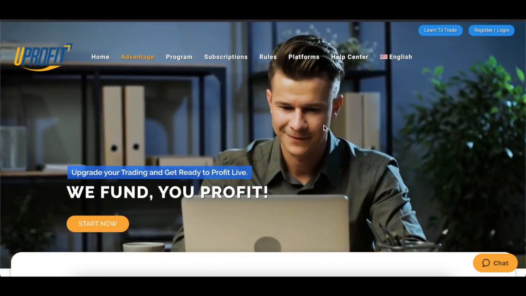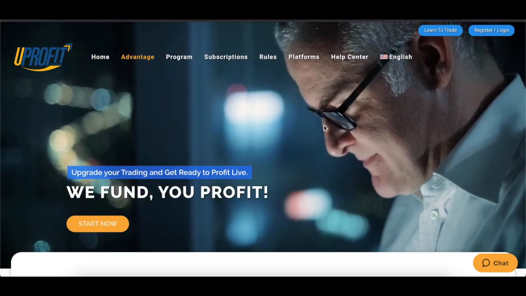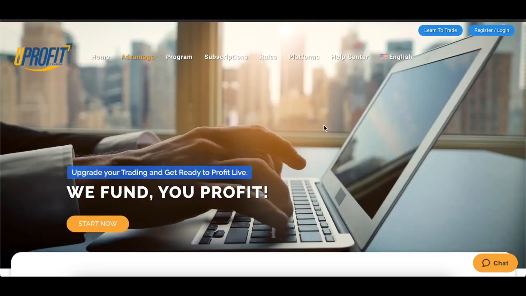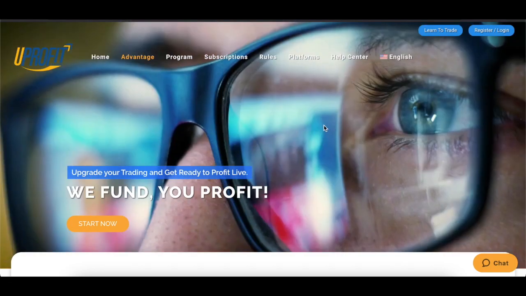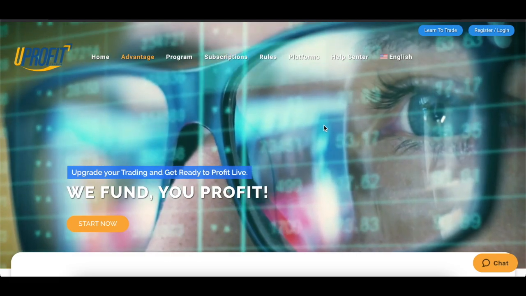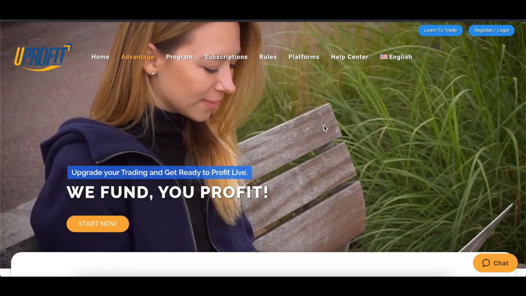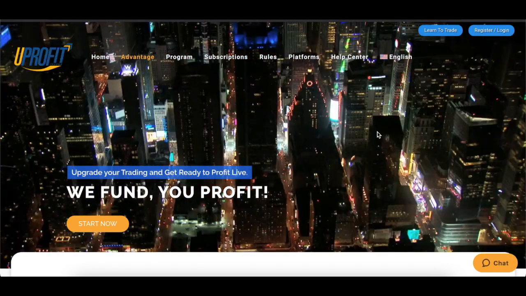So I will most likely give these guys a try. I kind of want to wait a little bit, because I don't have the time to devote to it, and lately I found that when I try to force a program and get through it and pass, I end up just busting because I don't have the time to devote to it. But I'm kind of excited. It's like a new shiny toy for me to try out.